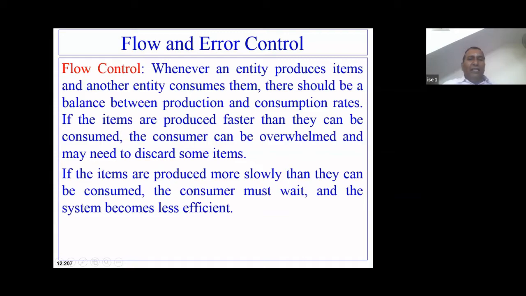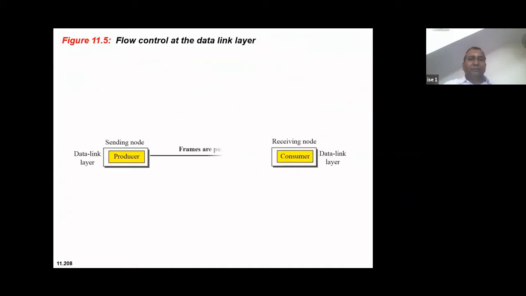So how exactly is this scenario taken care of? In this scenario, the sending node goes on pushing frames to the receiving node. And if the receiving node feels that it is getting overwhelmed, that it is going to be filled with data which it is unable to process, it will inform the sending source to reduce the speed, that I can process only at the speed of 512 kbps, so please reduce your sending speed to 512 kbps.